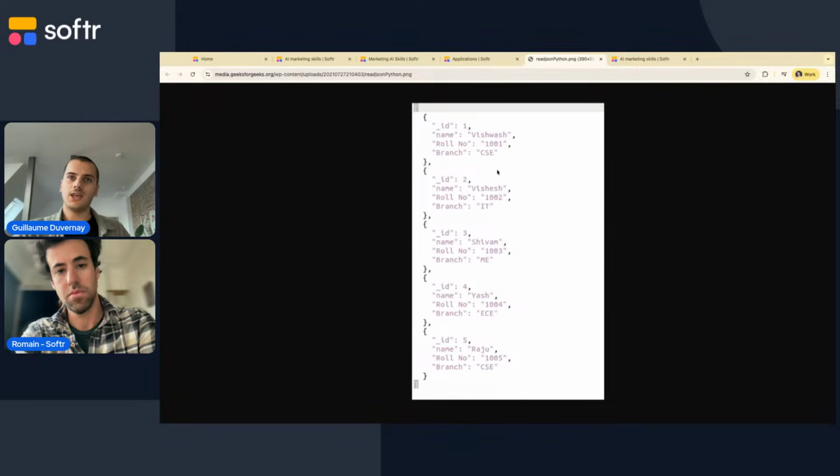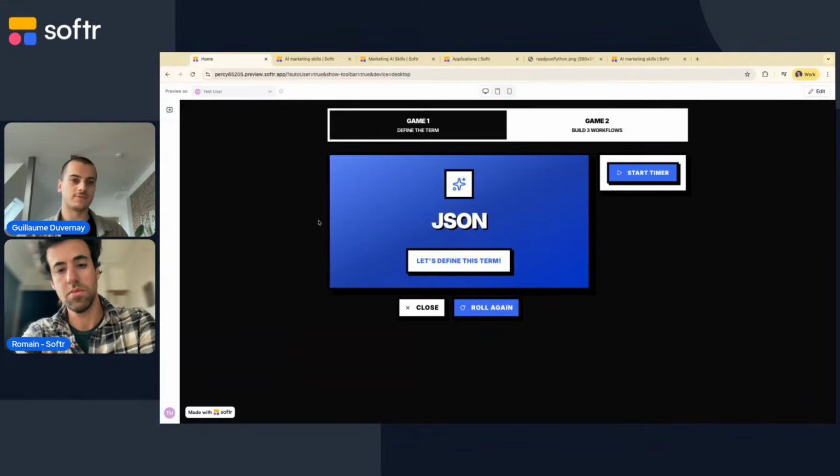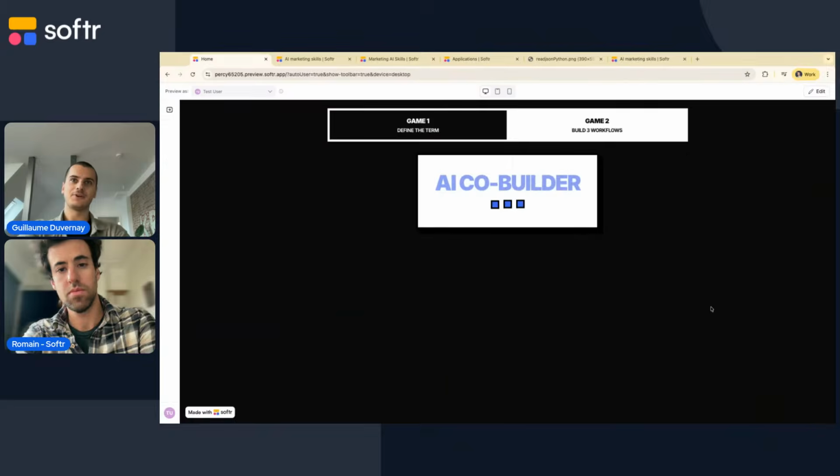And within Softr, you don't directly work with the JSON like that. It's all nicely formatted, so it makes it easier for you to work with. But it is actually under the hood, usually always JSON processing. And when you call an API, what you get as a response is usually JSON. So that's an important one. And we'll maybe also see this structured output format for the AI steps in Softr if we have time later. So that's a nice term to define. Let's go for another one.